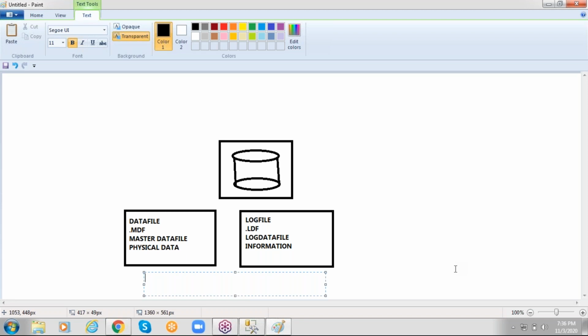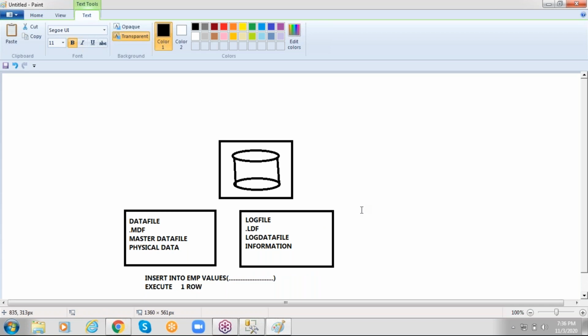The table is there in the database. Now you want to insert data into the table. I'm going to use insert into employee values, then execute. After execution, what happens? You're going to get one row of data.